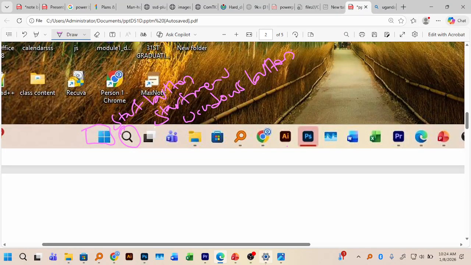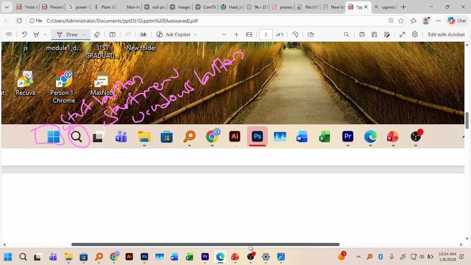Okay. Now next to that, we have some other icons. Now, whenever I see icons, we're on the taskbar. The taskbar will have a number of icons. First, I can have icons of programs that I'm using. Let's say, if I look at an icon that has, I hope you can see these underlines here, or the highlights. This would mean I've opened this program. I opened it, though it's not active right now. In other words, I opened it and minimized it. Then if I see an icon like this